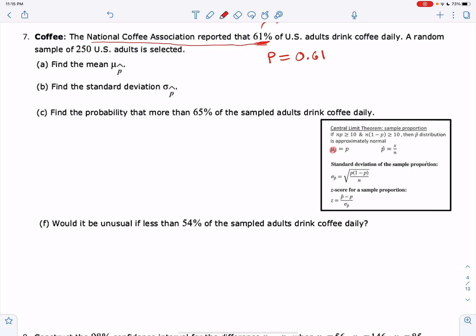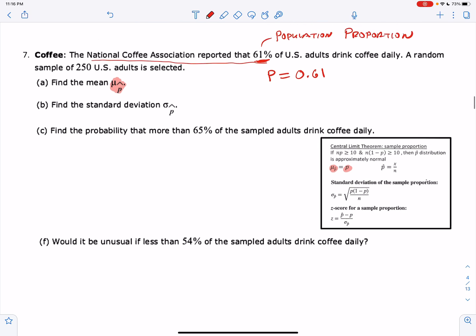It's saying the mean of the sample proportions is equal to the population proportion. That is awesome, because we want the mean of the sample proportions, and we know the population proportion, so therefore we know this as well. This is 0.61. And then part B is asking for the standard deviation of the sample proportions. Oh, I've got that as well right here. So I can work that problem